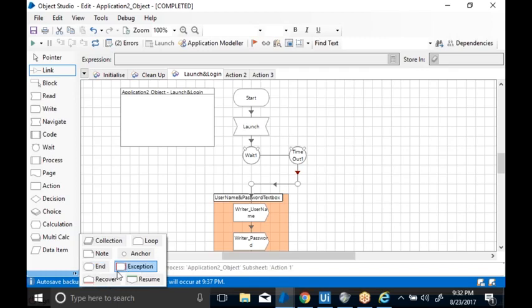Now again you have exception, recovery, and resume. Why do we use exception, recovery, and resume? These three stages are connected to each other.